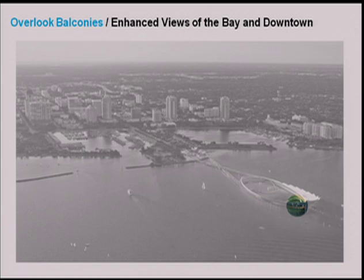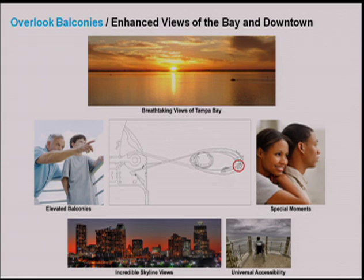in the design to increase the number of overlook balconies at this far end of the pier structure, of the canopy structure. These are smaller, more intimate, elevated balconies, the highest of them being really at the same level as the roof of the upper observation platform at the pier now. So you're really up at a point where you can have these breathtaking views of sunrise, sunset of Tampa Bay, the incredible skyline views. And while in the competition, those balconies were primarily facing the bay, we've added the number of balconies to look back to the skyline, knowing what an important part of the experience of the pier that